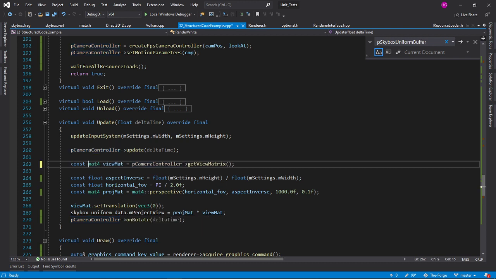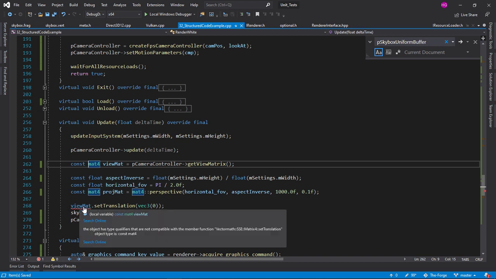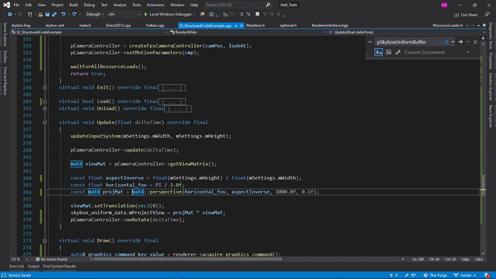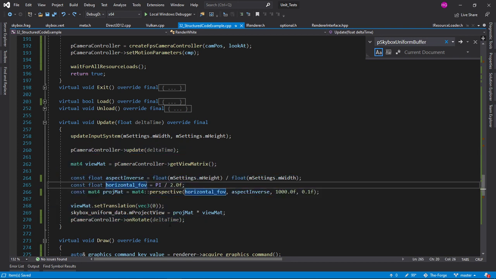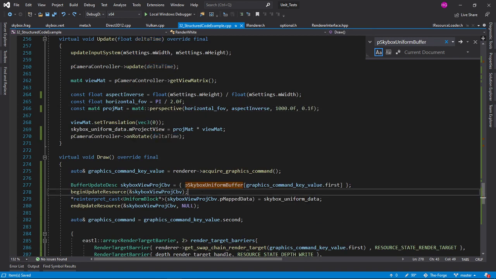Let's make this constant. Okay, we cannot make that constant. Anyways, that is how we update our camera for now. We're just rotating it by delta time, and